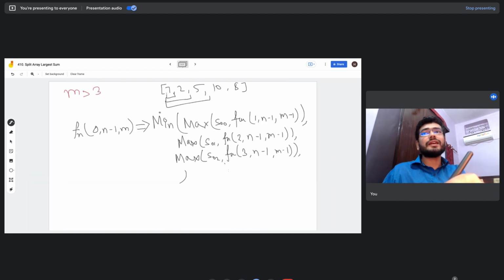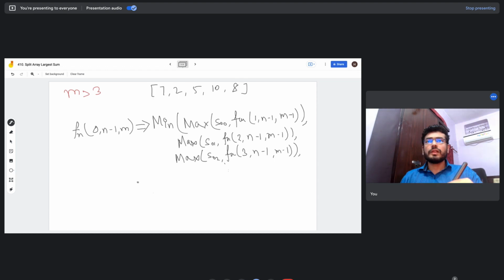M could be, according to the given problem statement, as large as 50. Now for finding the answer for 50, you would need to run 49 for loops, which is pretty much not possible. So the other way in which we can think about this problem is in a recursive way. Now let's try to understand how we can solve this problem recursively.